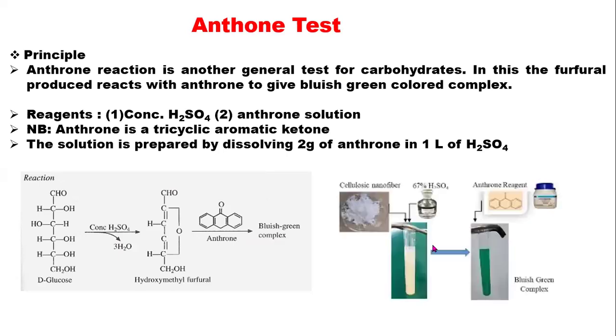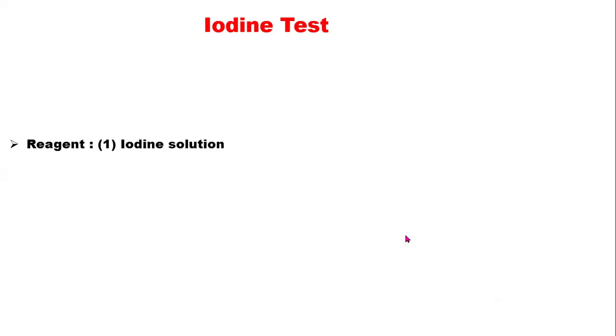So this is basically the reaction: after you dehydrated your carbohydrate sample and you have condensation with the anthron reagent, you have this color, which is bluish green or blue-green complex. So for iodine tests,